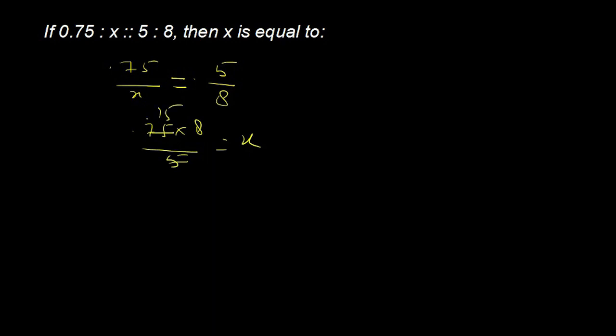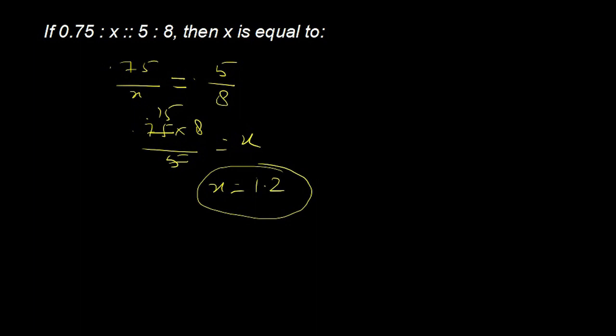0.75 ratio x proportional 5 ratio 8. I think this is another easy problem. 0.75 divided by x, proportion converted into equals, 5 ratio 8 as it is. So 0.75 into 8 divided by 5 is equal to x. This is 0.15 multiplied by 8. So the value of x is 15 eights are 120, so x is going to be